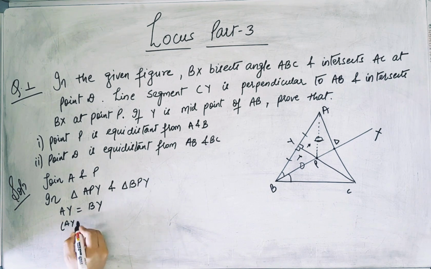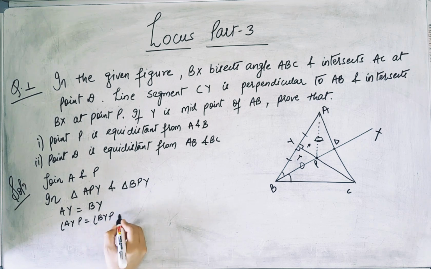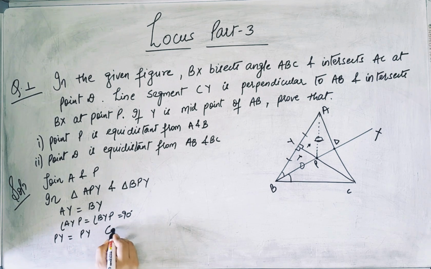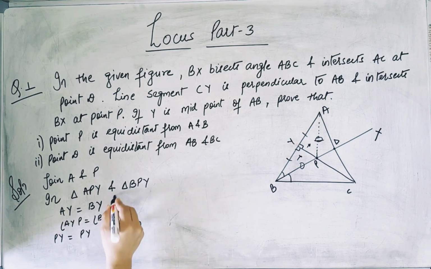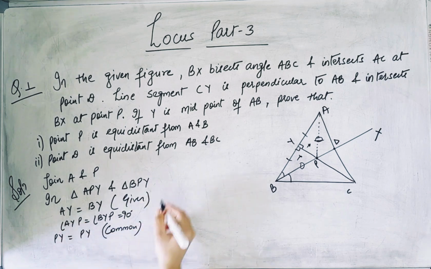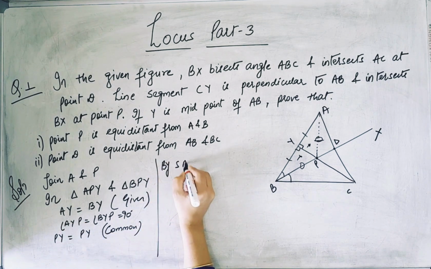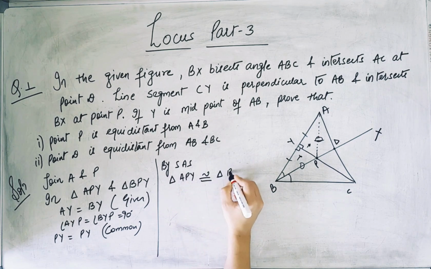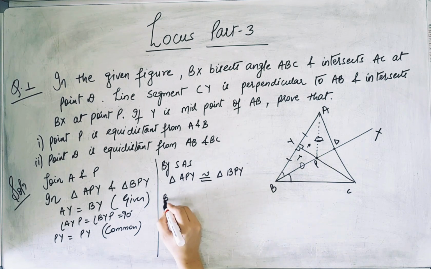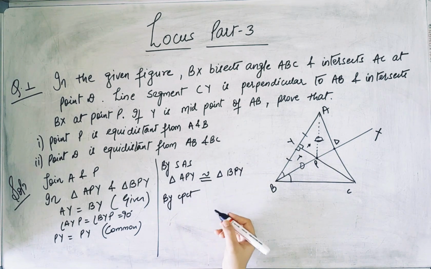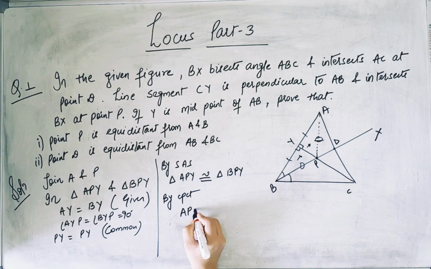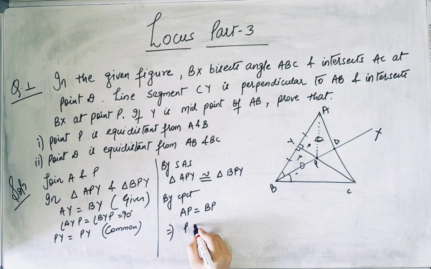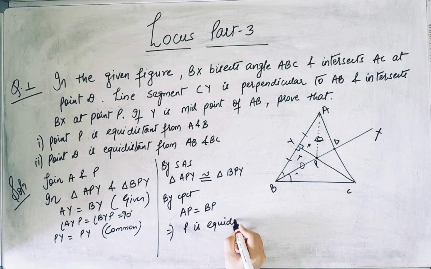Angle AYP equals angle BYP, 90 degrees, and PY is common. So we can write by SAS, triangle APY is congruent to triangle BPY. By CPCT, if triangles are congruent, AP is equal to BP. If AP and BP are equal, this implies P is equidistant